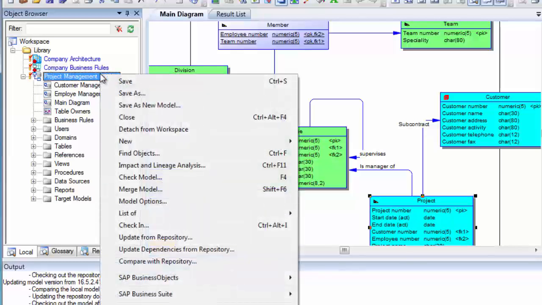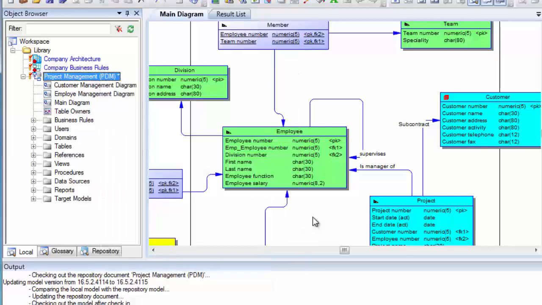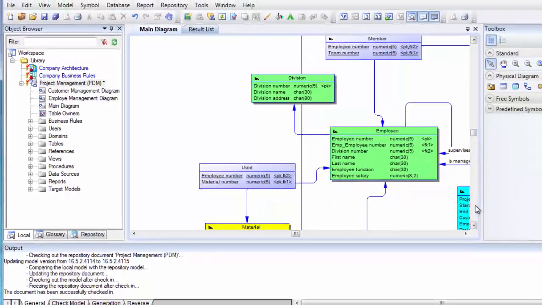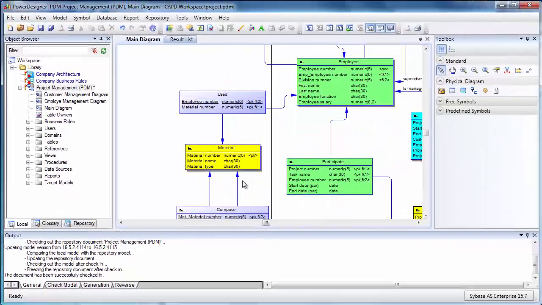I can compare my local model to the current or a previous version in the repository by right-clicking it and selecting Compare with Repository. I can merge changes from any repository version to my local model by selecting Update from Repository. Though I have write permission on this model, I can still choose to create a change list to allow a peer to review it before it is applied in the repository. I make a bigger change,